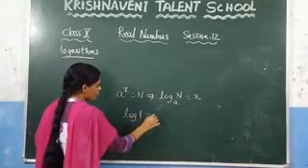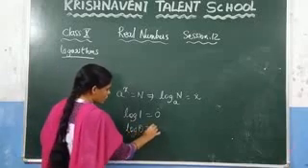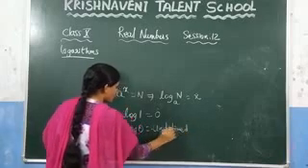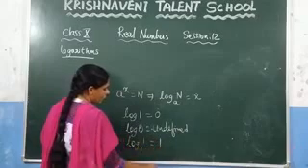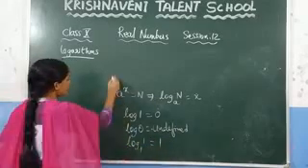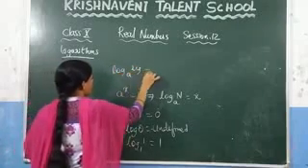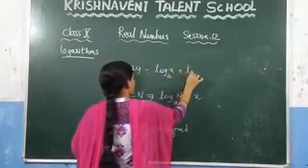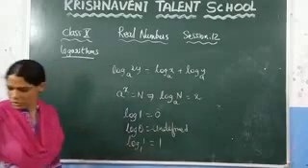And we discussed in the previous class what the value of log 1 is, which is 0, and what the value of log 0 is, which is undefined, and what the value of log a to the base a is. If the numbers are the same, you can take that value as 1. These we discussed in the last class, and we also discussed log xy to the base a, which you can write as log x to the base a plus log y to the base a. These we discussed in the previous session.